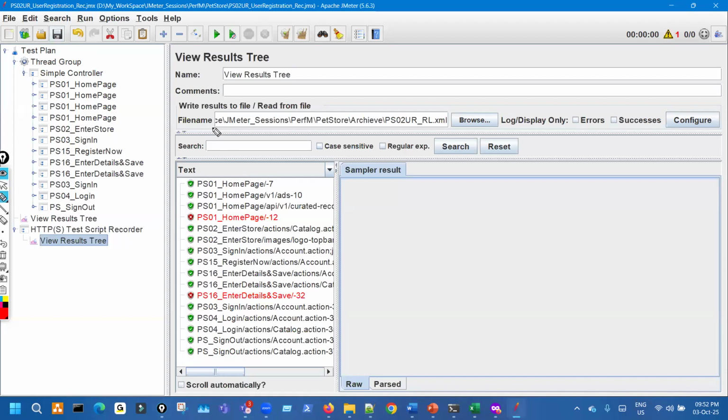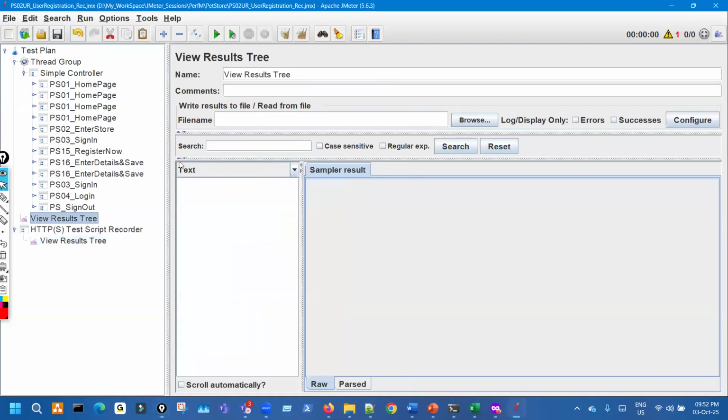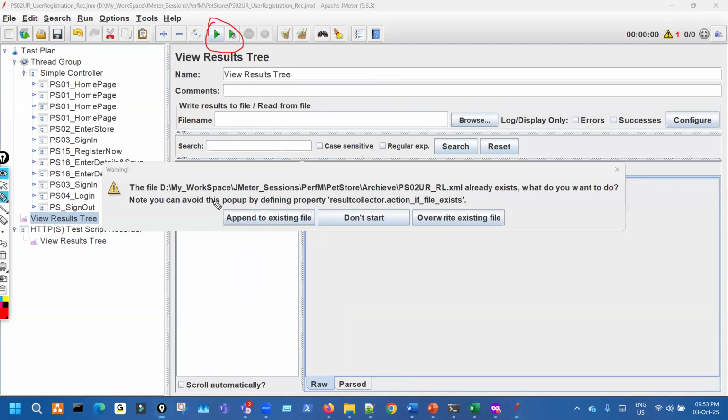And from here, the file name will be removed, right? Because this recording log is saved here. Now, there is no need to keep the file name here. You already know why. Whenever we do a run, that error will come. Suppose I click on run, you see this warning. This is coming because, if we read this message carefully, it says this file already exists,